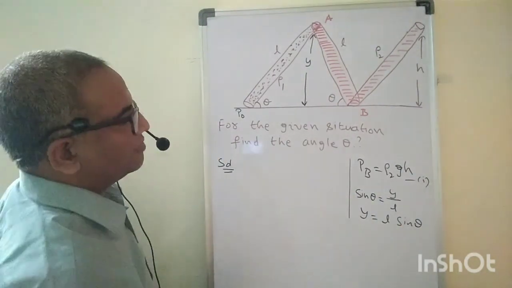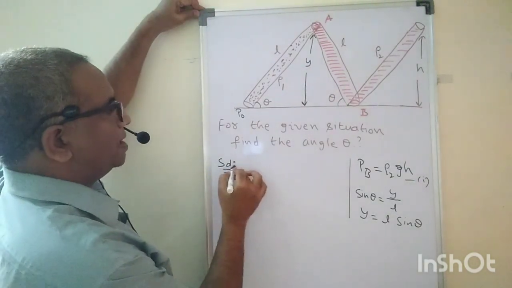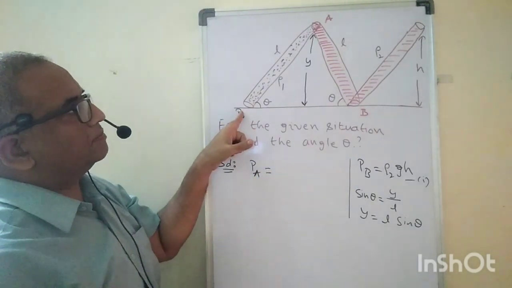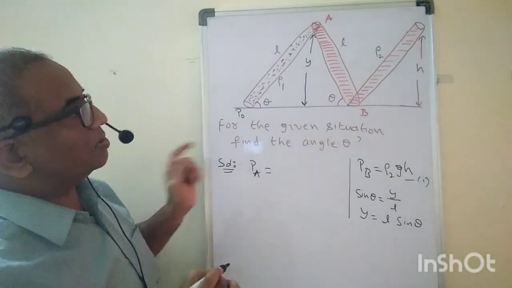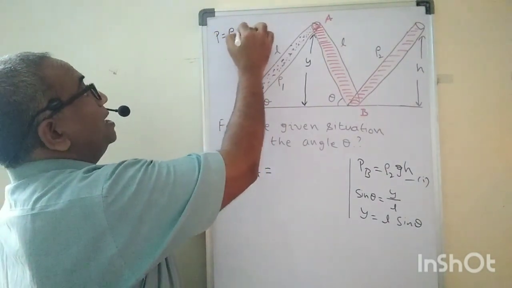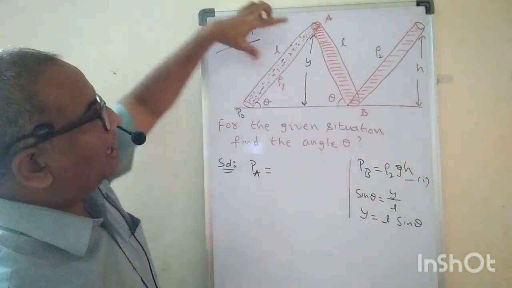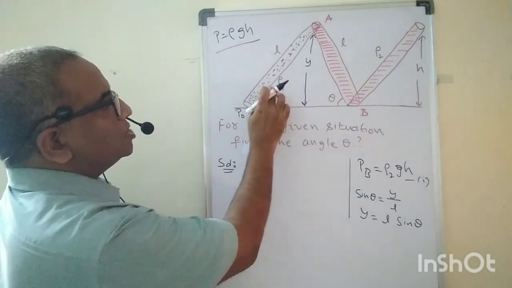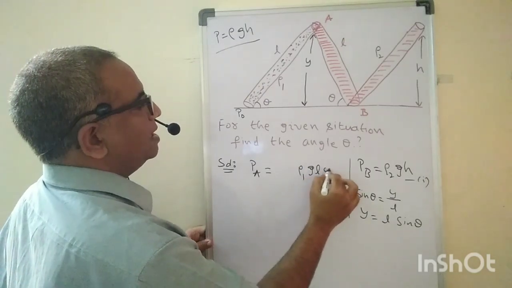Now observe carefully. I wanted to calculate the pressure at A. The pressure at A is equal to P0 here, and due to this column we have a pressure here. How much will that be? That is nothing but our regular formula: pressure equals ρgh. But what is the height here? The height is not L. The height is L sine theta. And what is the density here? It's nothing but ρ1. So the pressure is ρ1 g L sine theta.